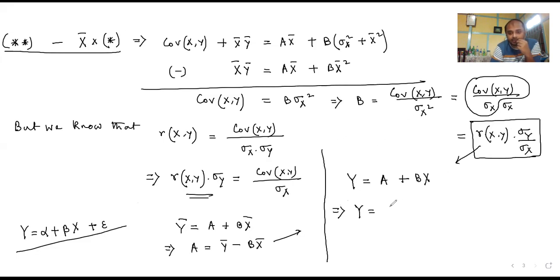Let's see what we get from this simplification. So we are going to write y equal to y bar minus b x bar plus rxy into sigma y by sigma x into x. This implies y minus y bar is equal to,